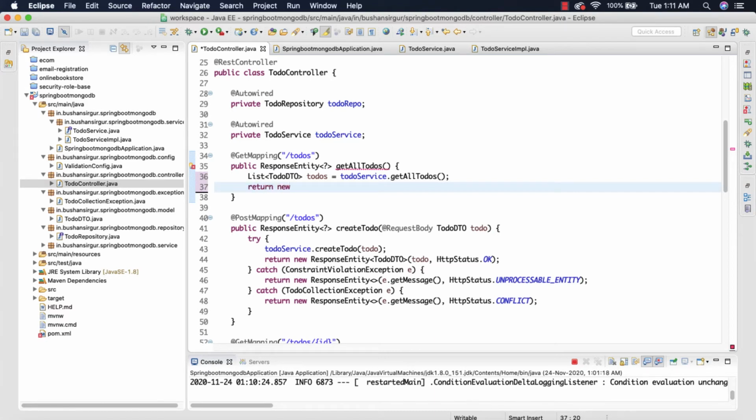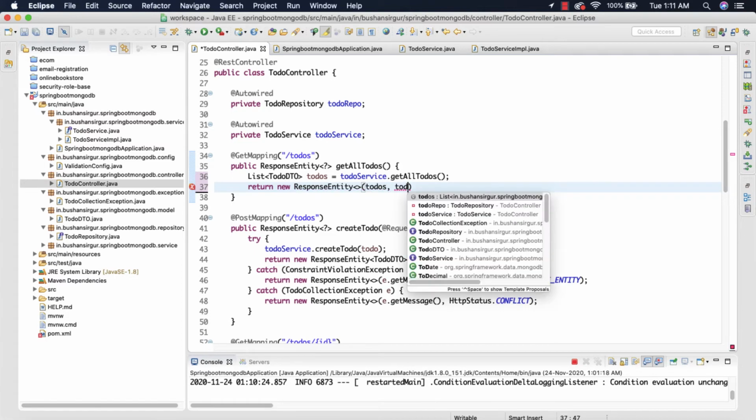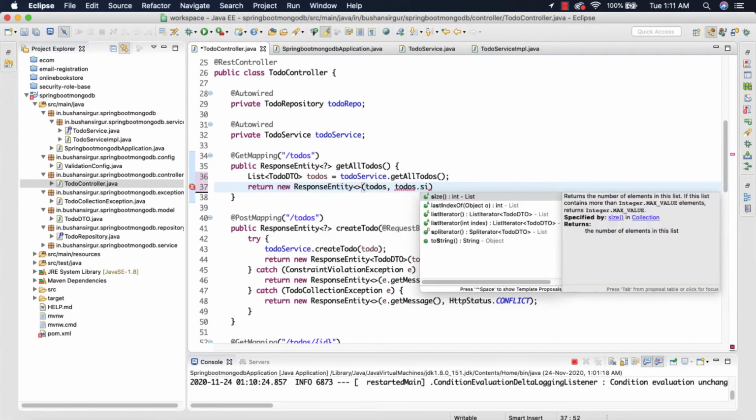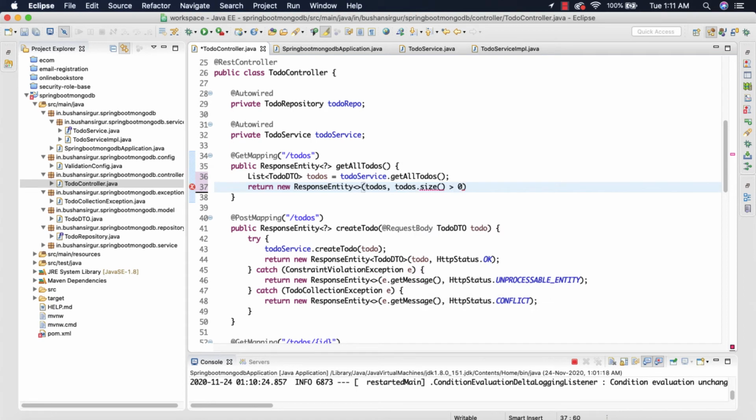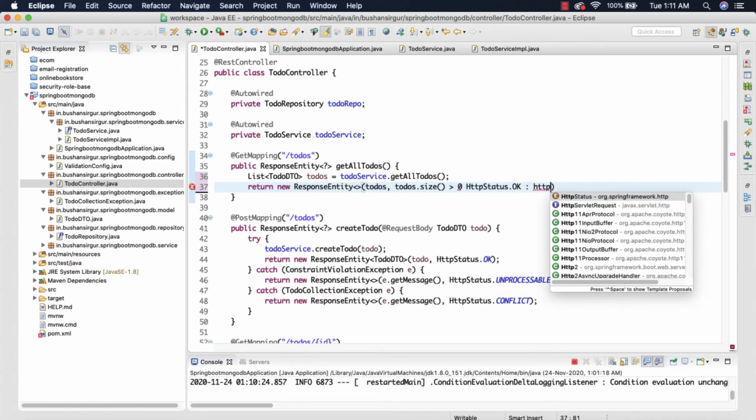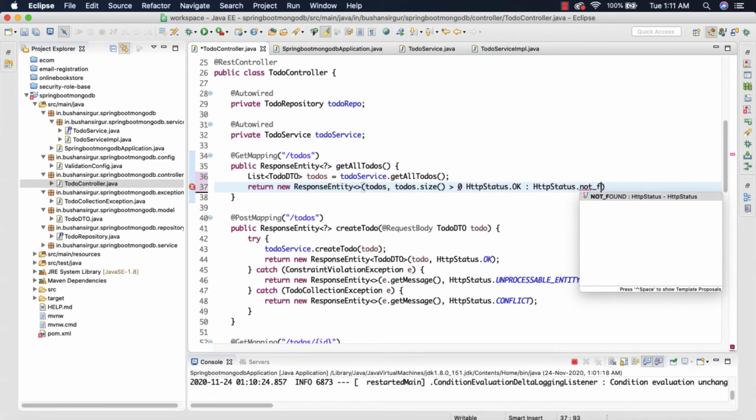So return new ResponseEntity. We are going to send the to-dos as a response and the status: if todos.size is greater than 0, then HttpStatus.OK, otherwise HttpStatus.NOT_FOUND.